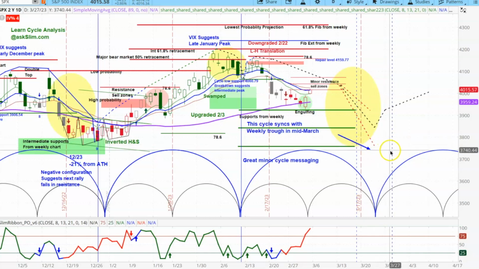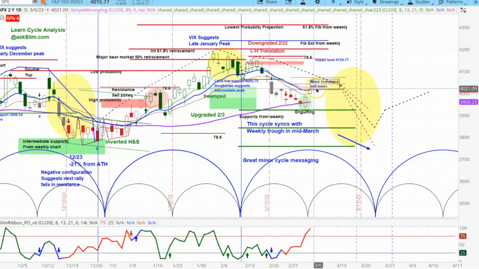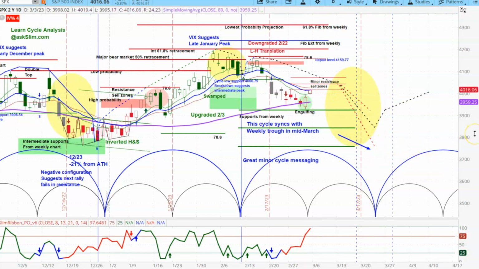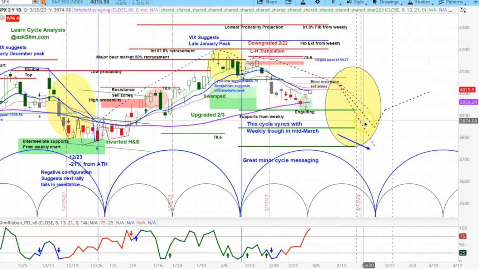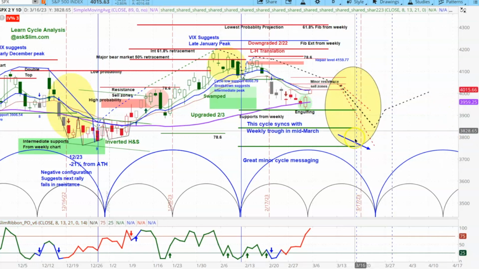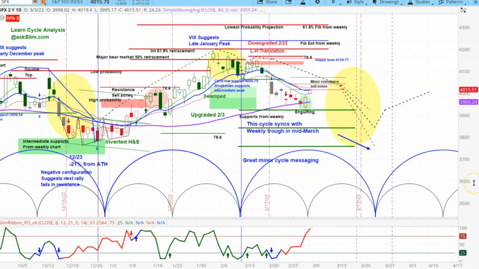So we're allowing for the fact that this could run a little bit long, but this bounce in here may only last a few days, and then we get into a period where it's very likely to get sold very hard again. After this period is over with, we get into the next rally stage out over here. And that's why I said early in the show that investors, well, this could be their best time or worst time for 2023 as we get into a period where the market is likely to get sold very hard.